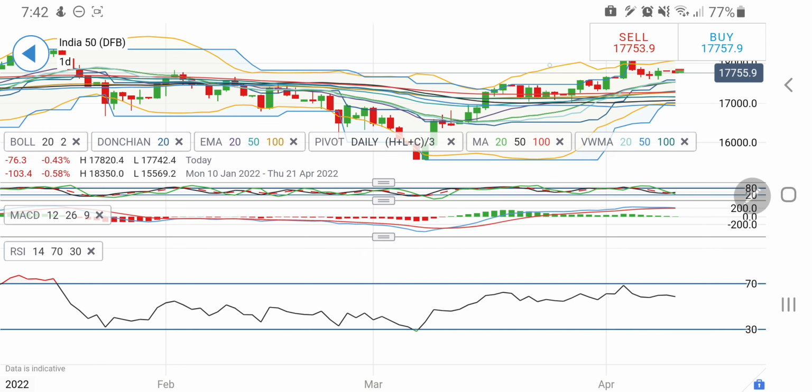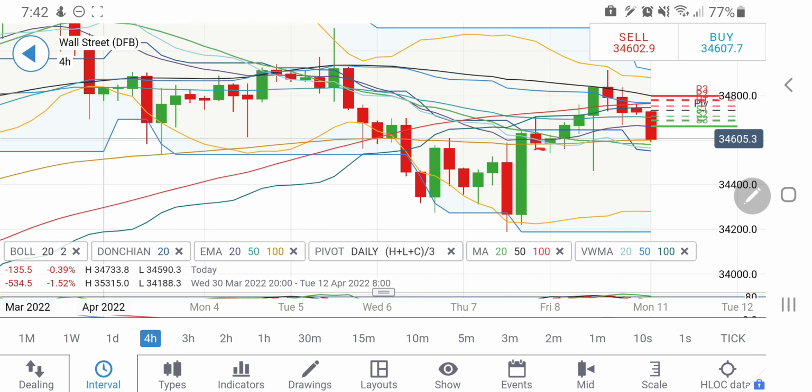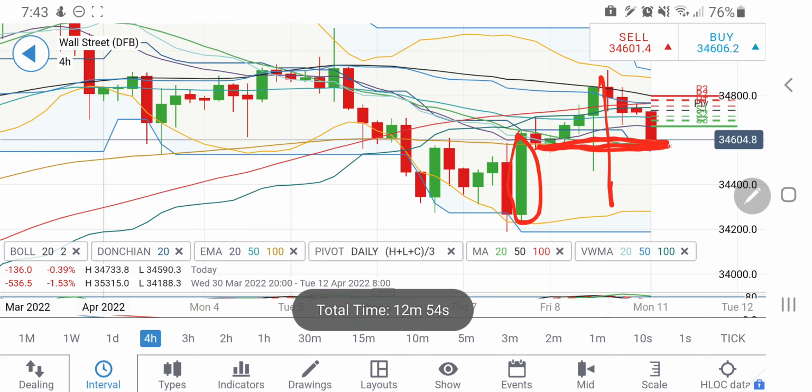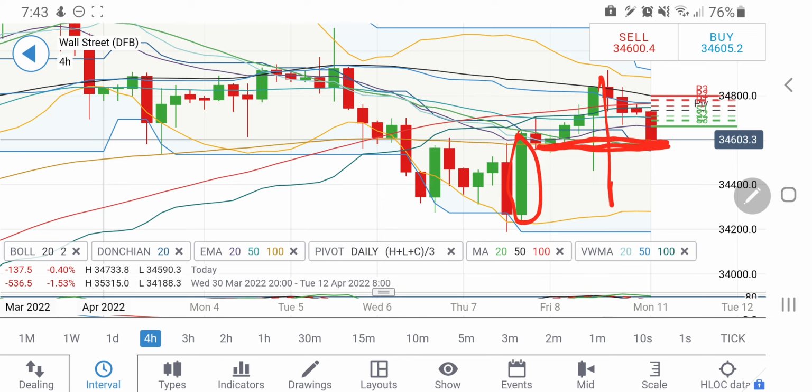Now let's have a look at US30. First, coming to the 4-hour chart, US30 coming back to the strong support zone at 34,580. Breaking this, it has a fairly large and long area to cover up here, and it is trying to give you the symmetry. But yes, this zone at 34,580, 550 should provide a stronger support. Till the time it remains above 34,550, I will not recommend you to go short.